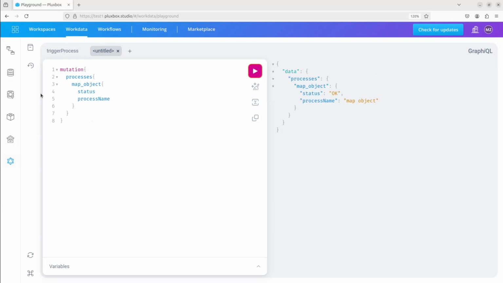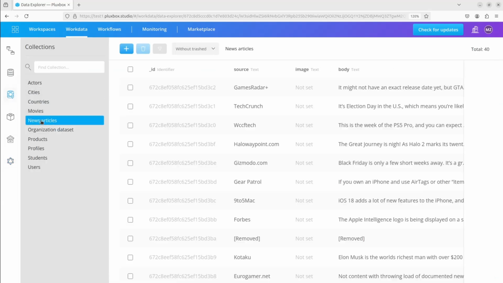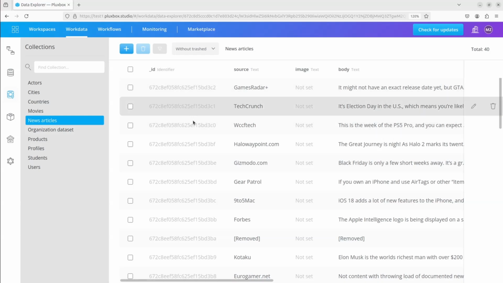Now that the flow is triggered, let's go to the Data Explorer to see the results. If you click on News Article Dataset, you'll see all the information has been mapped from the integration to our collection based on our data